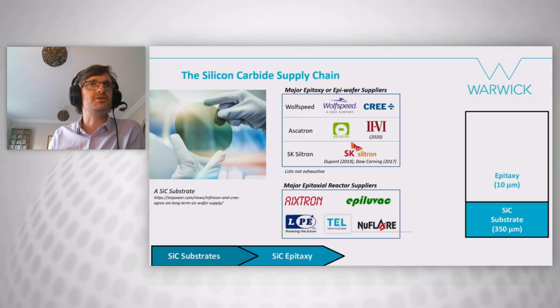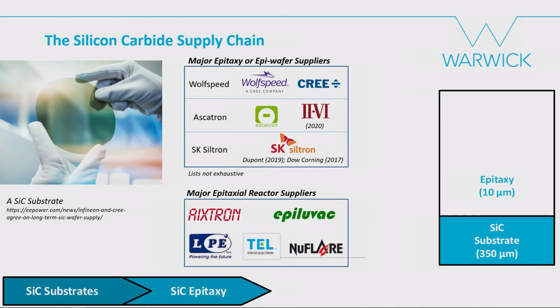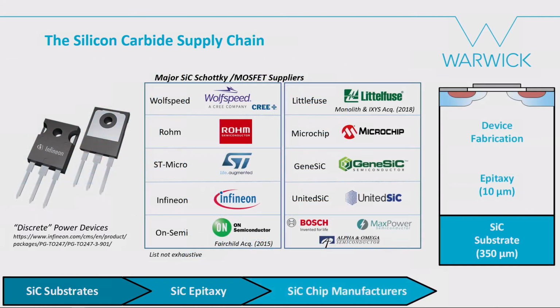It would be remiss not to mention the suppliers of CVD epitaxy reactors. A couple of those names will be well known in the silicon world, Aixtron, TEL. There's a couple of other companies listed there who have very good reactors for silicon carbide as well, LPE, Epi-Luvac, New Flare in Japan. Moving on to the chip manufacturers, the companies that are producing the silicon carbide Schottkys and